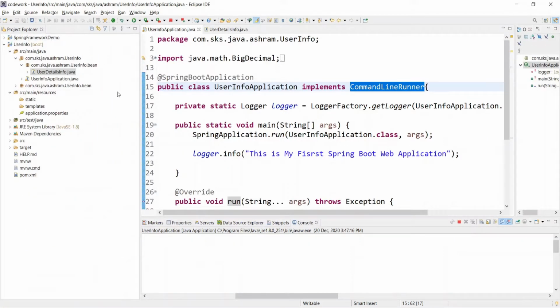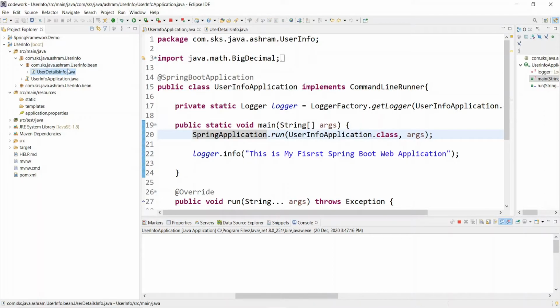So let's quickly go ahead and create a REST controller in our program. Let's create a class and make that class a REST controller to receive all kinds of requests from the client.